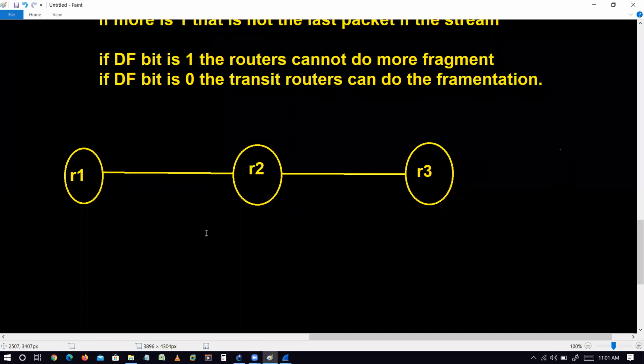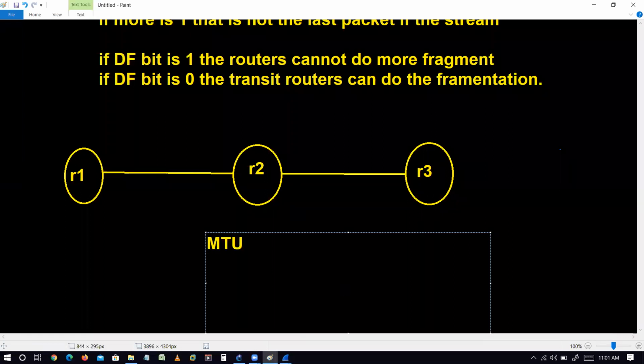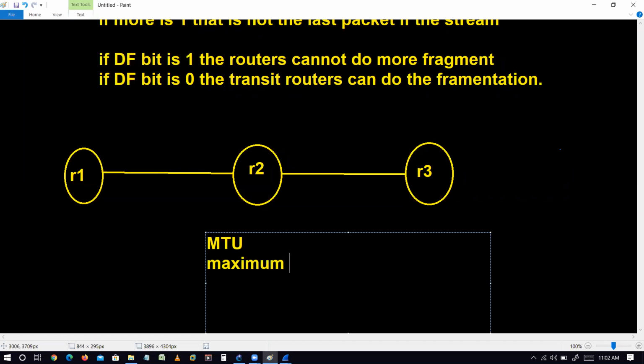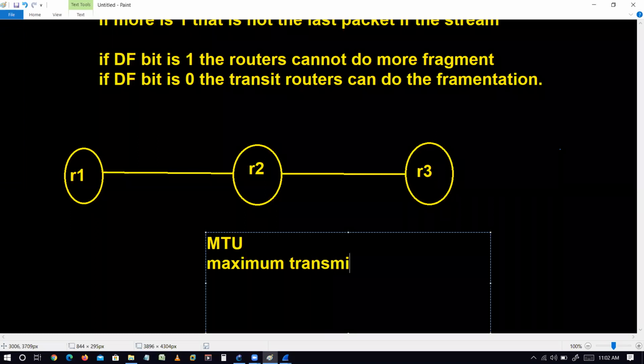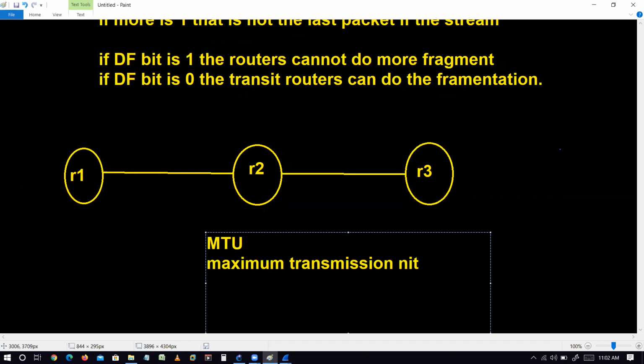Okay, guys, do you have any idea about MTU? What is MTU? This is called your maximum transmission unit, correct?